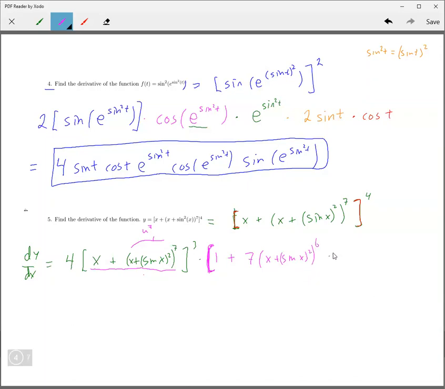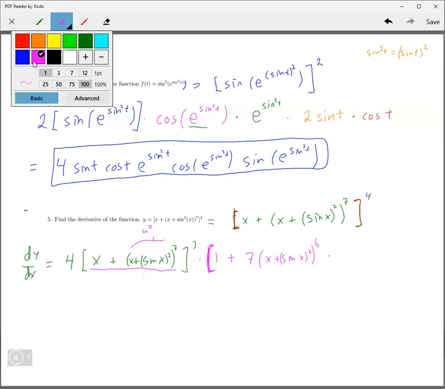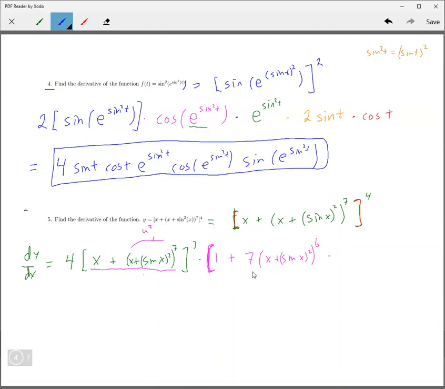Okay, but then it's going to be multiplied by the derivative of this inside part right here. But you're just multiplying this part, you're not multiplying the 1 by that. Okay, so the derivative of this is going to be 1 plus, and then here,